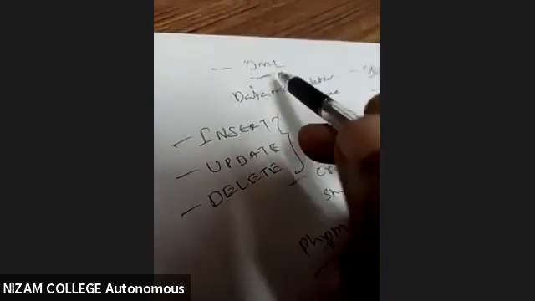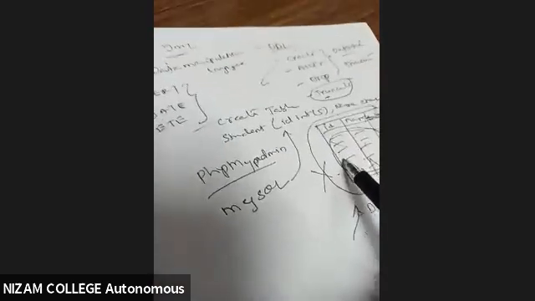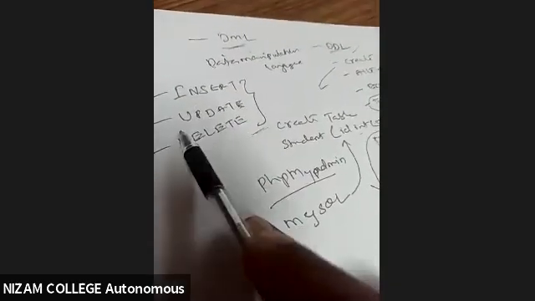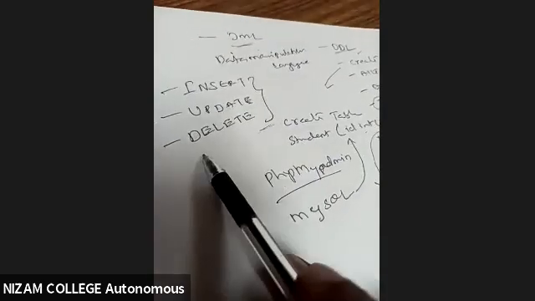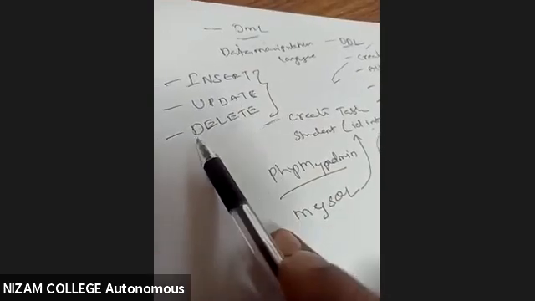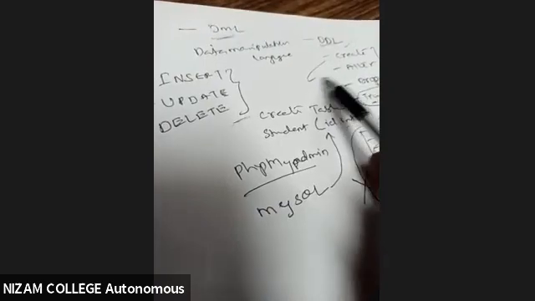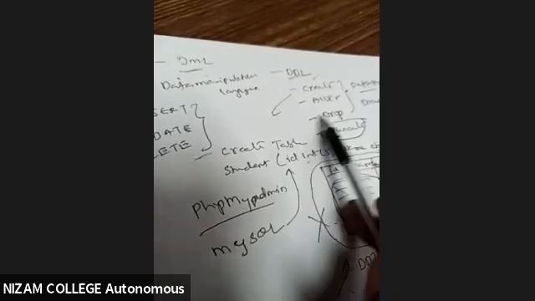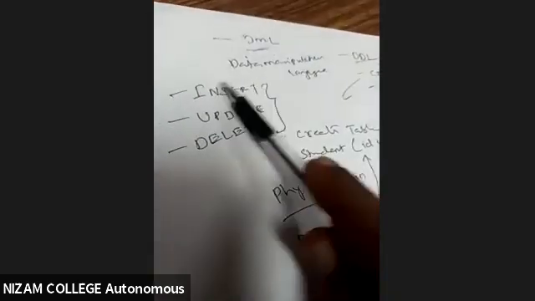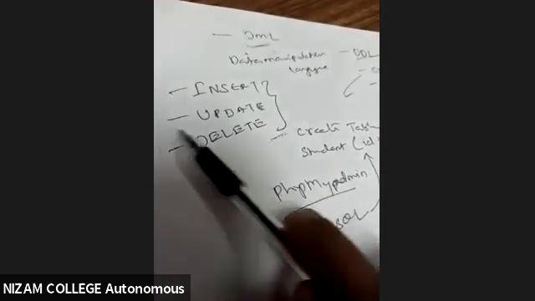So these are the three DML commands which are going to help me do operations on the structure. What kind of operations? Adding new records, modifying records, erasing records. If you see here, creating the structure, modifying the structure, deleting the structure, that is DDL, based on structure-level operations. Now inside the structure, we are going to do some operations.